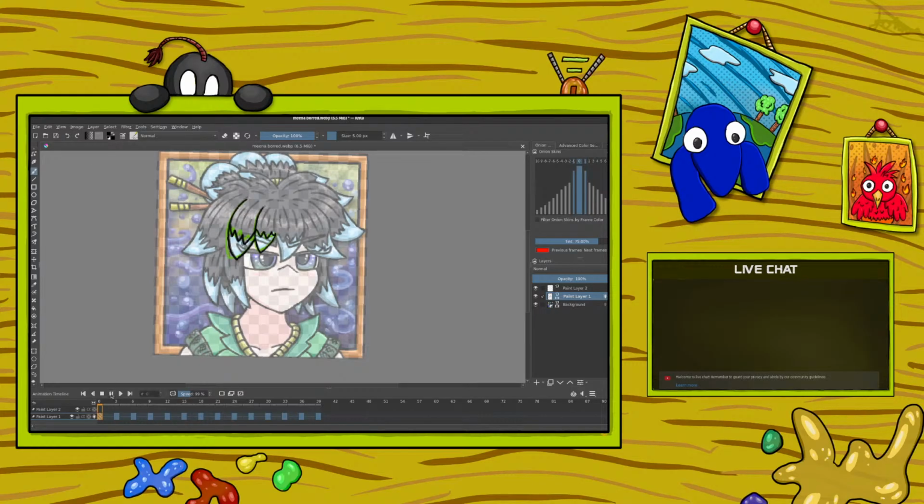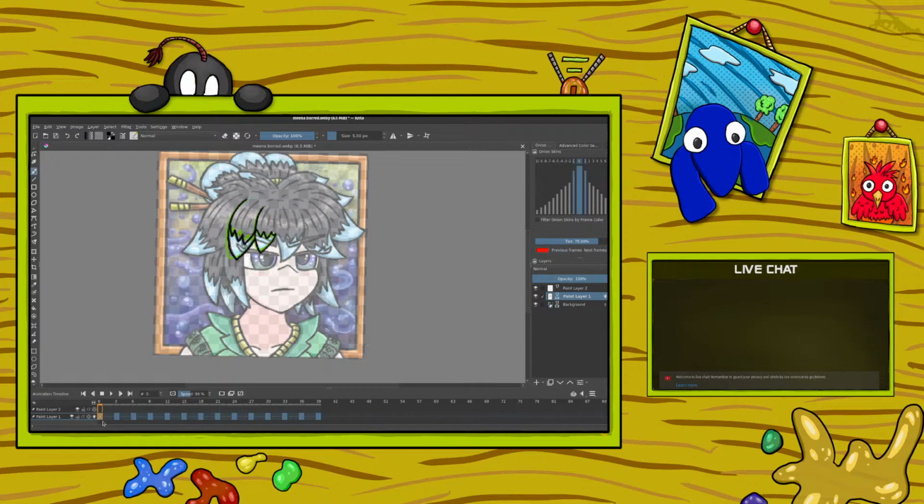Alright, now let's see if it works. Yep, it works exactly how I want it to be. So now we actually have moving here. Technically, it's moving to one side. So since we have now this bit done,